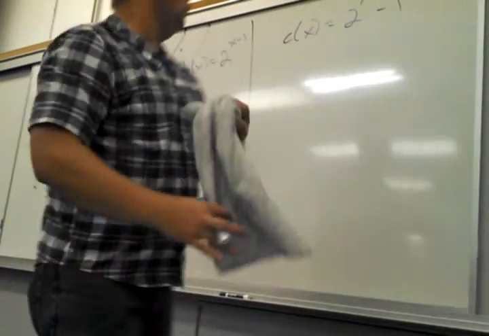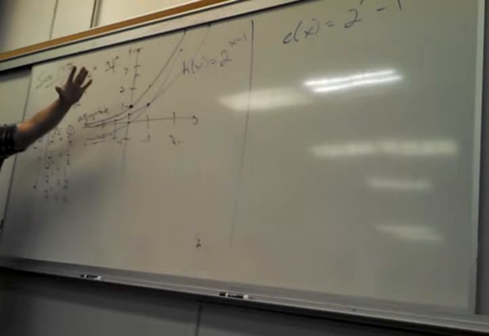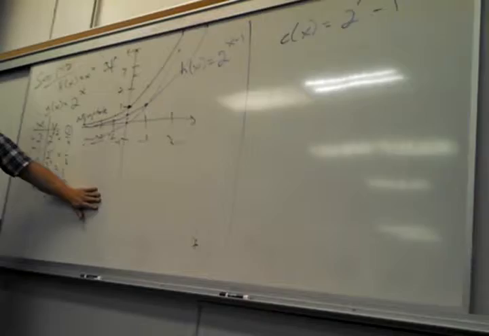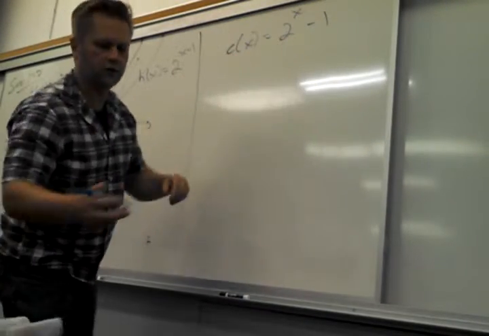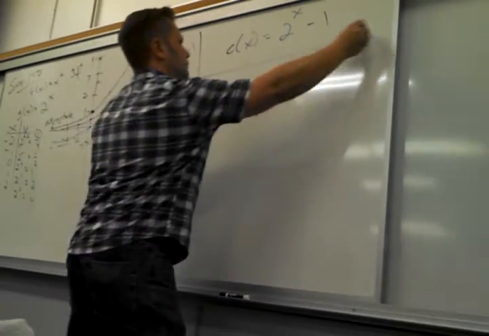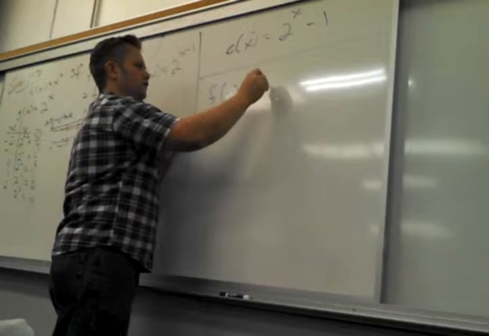Okay, so the only thing that really can change, I mean, the basic form is the same. I can move them around a little bit. The only thing that's going to change, of course, is the base that they use. Right? So if I had f of x as 4 to the x,